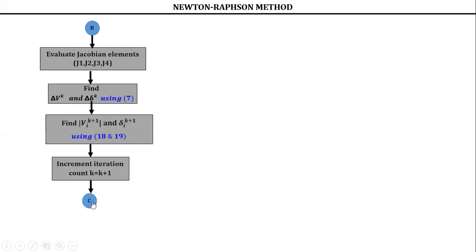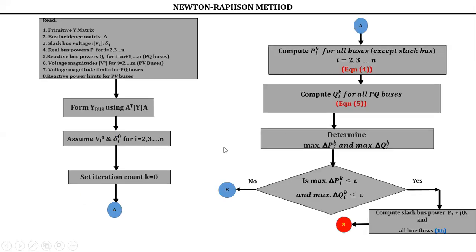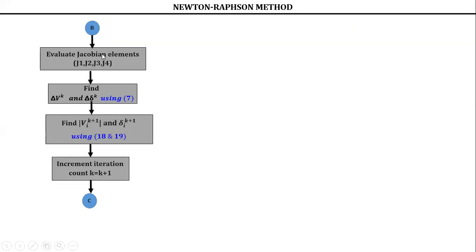What you have to do? Where is C here? So now come back to the original one here. What we have done, here it will continue. So again, what you have to do? Compute PiK, QiK. Compute PiK for all buses, compute QiK for all PQ buses, and here one more block I said, determine delta PiK, delta QiK. Among these values, determine maximum delta P and maximum delta Q. Check for convergence. If it is yes, stop at the first iteration. If it is no, again come back here, find out the Jacobian elements in the first iteration and find out delta Vk.